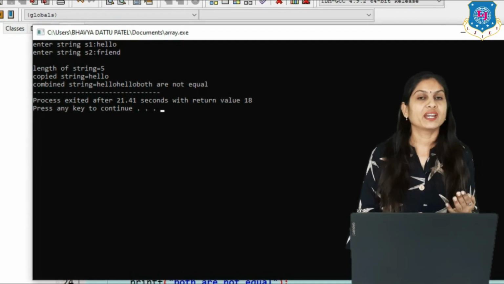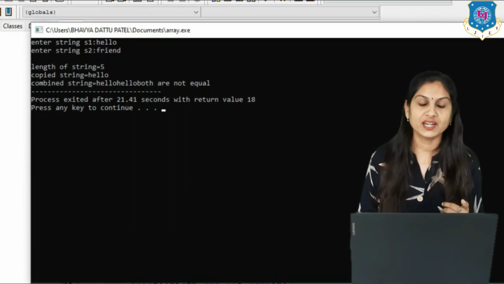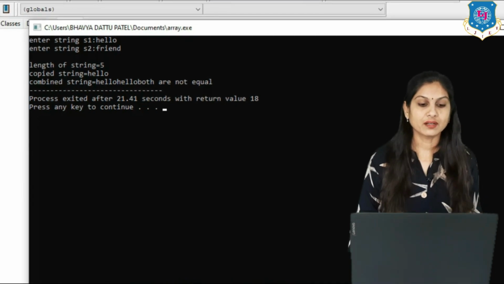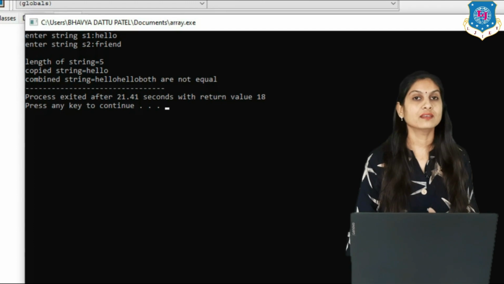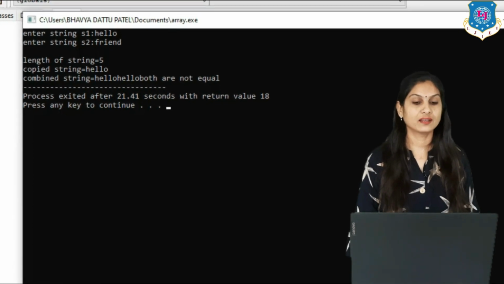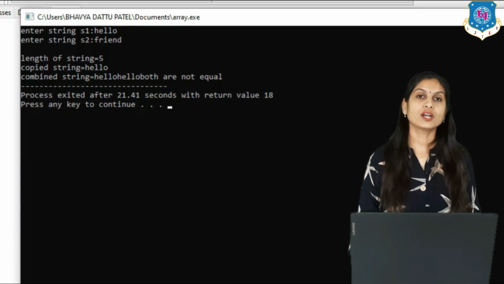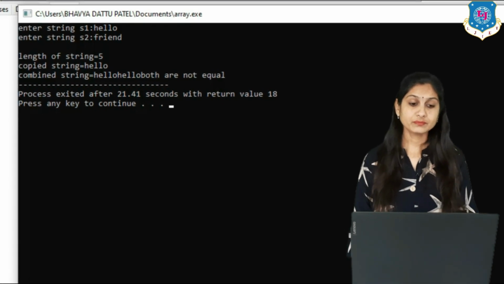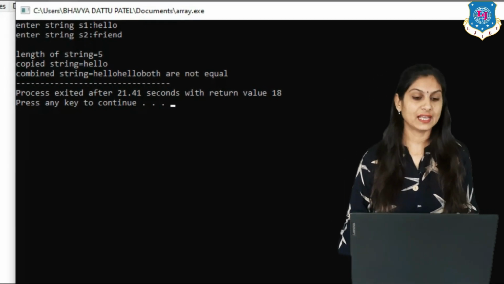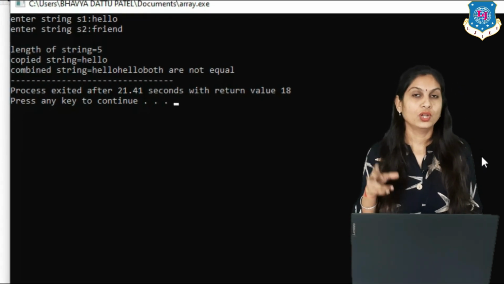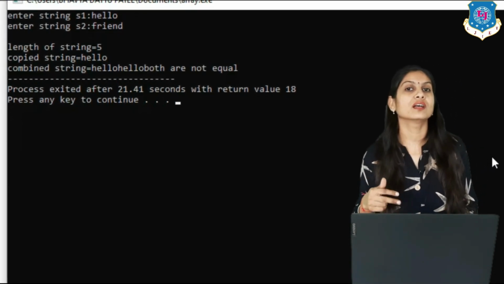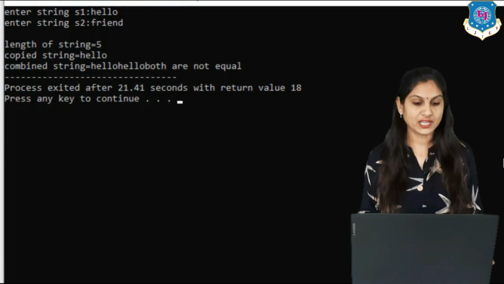S1 is copied into S2, so again it prints hello. Then combined string equals hello hello. And then the message is both are not equal. So what happened here? S1 is only hello and S2 is changed, that is two times hello hello. So in that case the two strings are not equal.